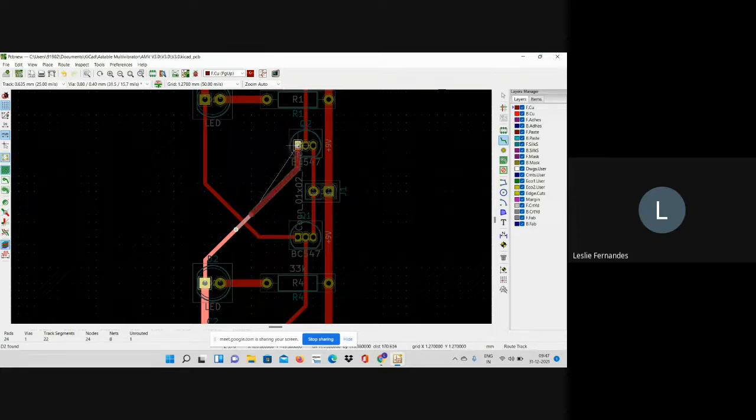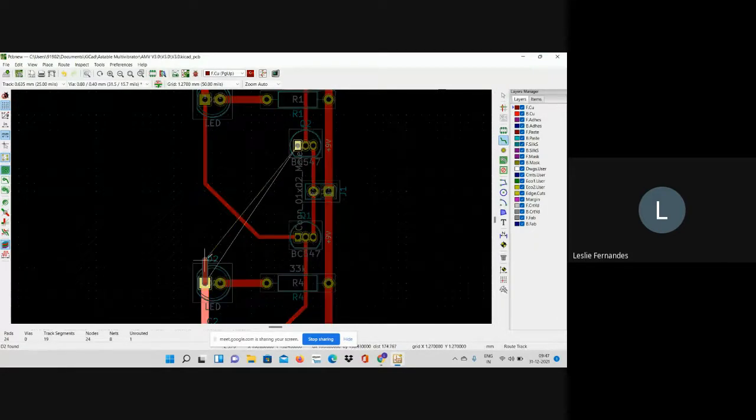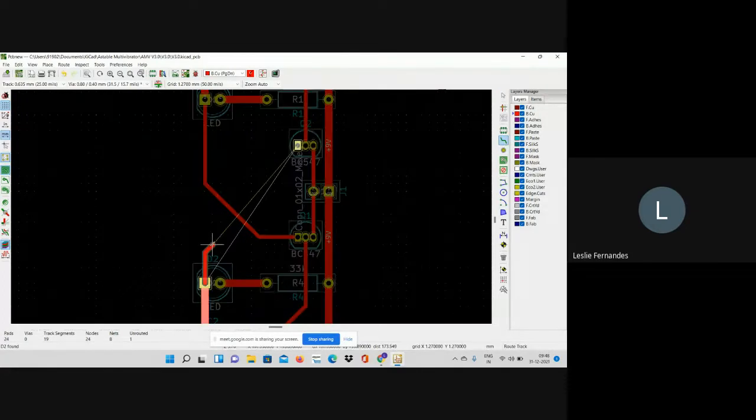I'm not sure in which copper layer it is. It's still in the top copper layer. It's not done properly. Anyway, we'll give it a try again. So I'll go to track. You see, right now it has come in the front copper layer. I'll go to the bottom copper layer. See, it's red in color. I will click here, press V. Oh no, it's not working. Wait. I'll press V now.